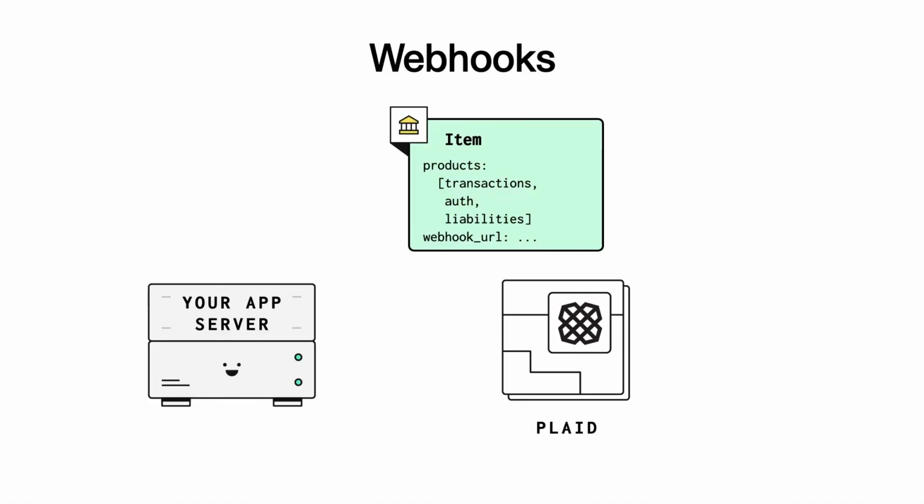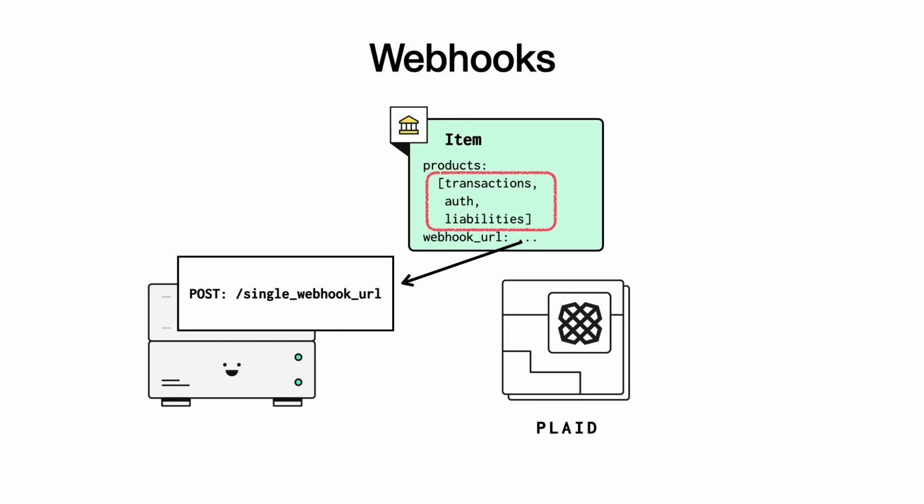So all that's left at this point is to process the webhook that our endpoint is receiving, which brings up an important question. Should we have one single endpoint to handle all the different webhooks, or should we break it up somehow? Well, part of the issue is that webhooks are usually only set on a per item level, meaning that if you have an item that's being used with multiple Plaid products, you can't really provide different endpoints for